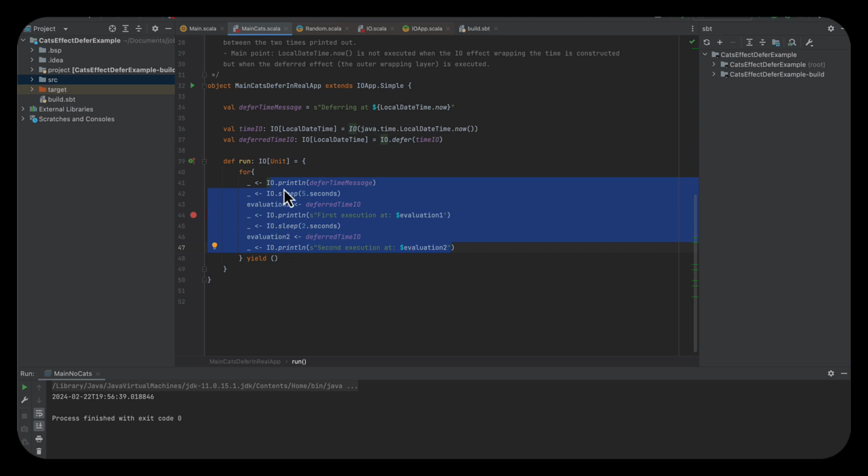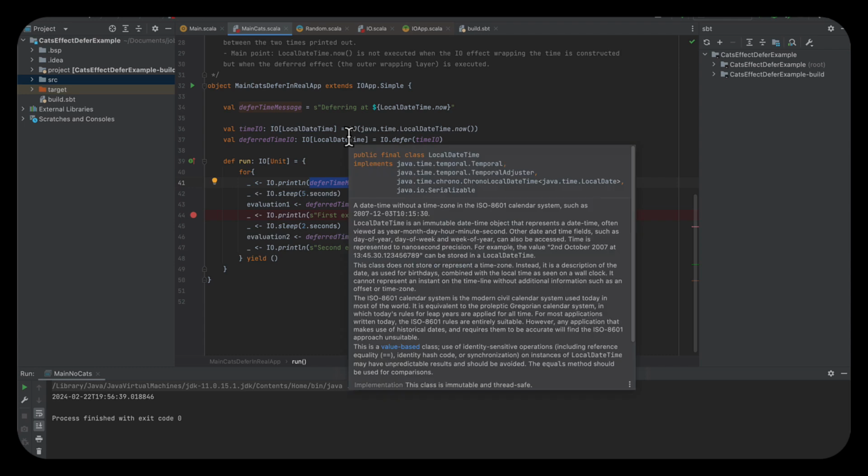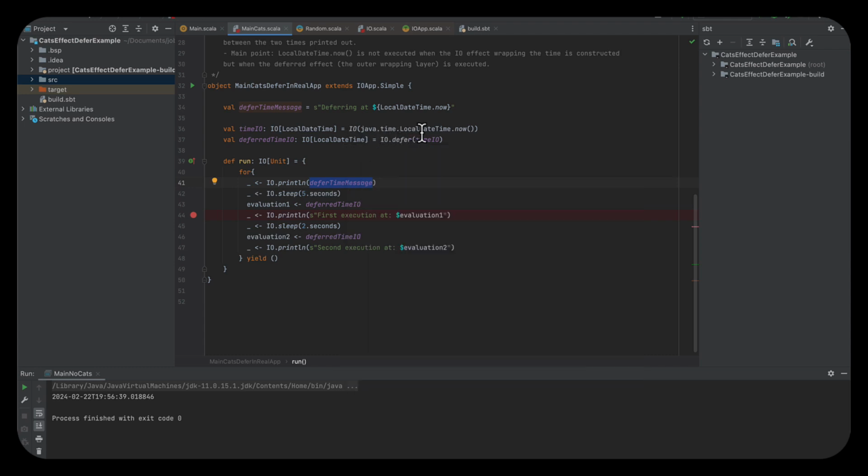Okay. So the first step is just printing out our recorded message, which is up here. This is what I asked you guys to please ignore, because it's not really a part of the sequence of how things get changed in this program. It is only there to show us when we started this experiment. Okay, so we should see a timestamp of the time just before we did this time sampling and then deferring, right? And then we wait 5 seconds, and then we do our first evaluation of the outer layer, which